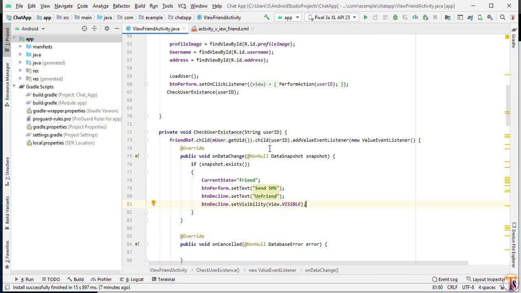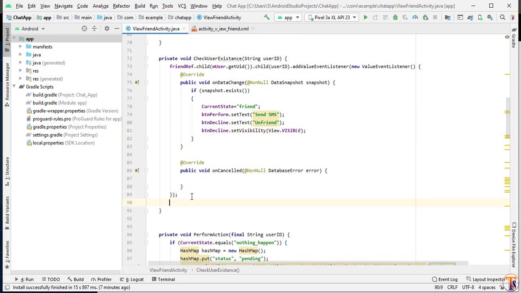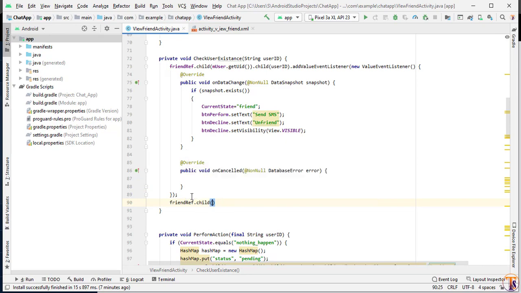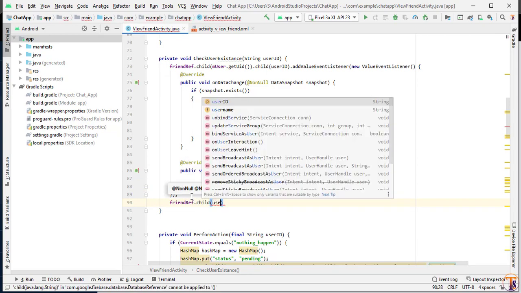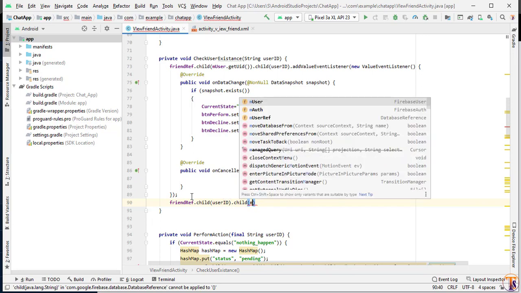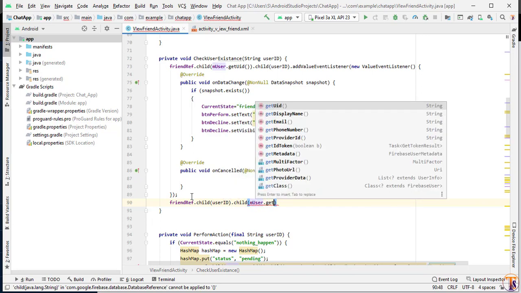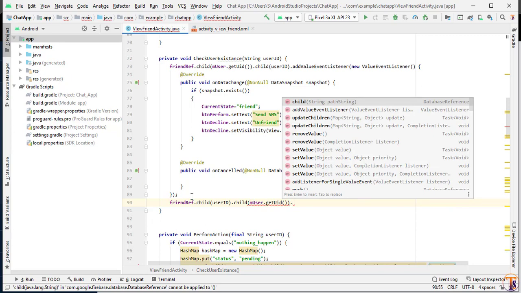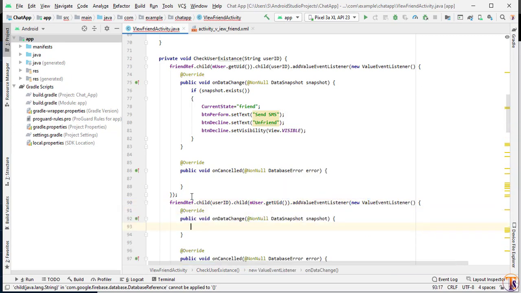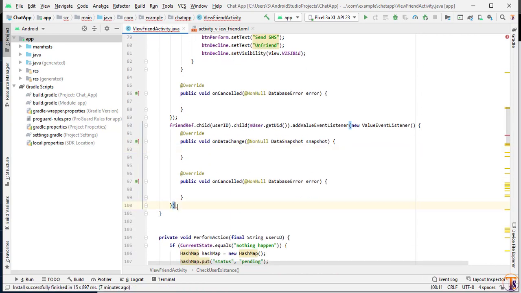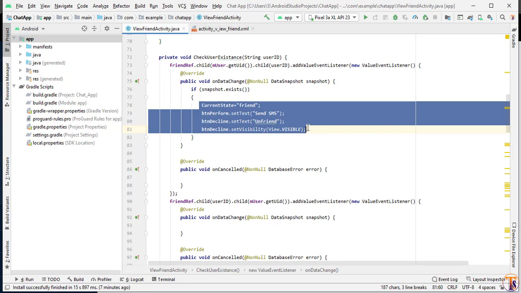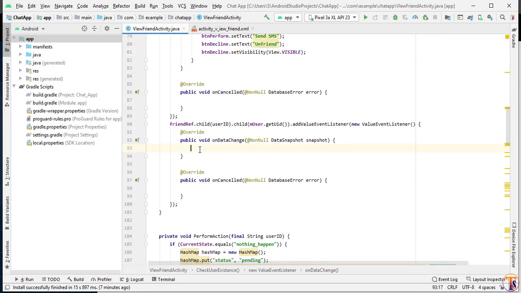Now we will use the same reference. Here we will check friend reference dot child, and first use the other user id, so user id dot child, and this time my user id, m user dot get uid, dot add value event listener, new value event listener. Again we will copy a few codes. Again we are friends, so I will paste this code here.